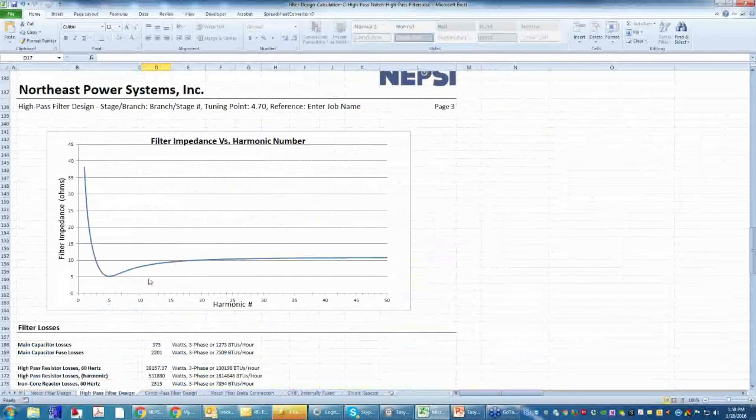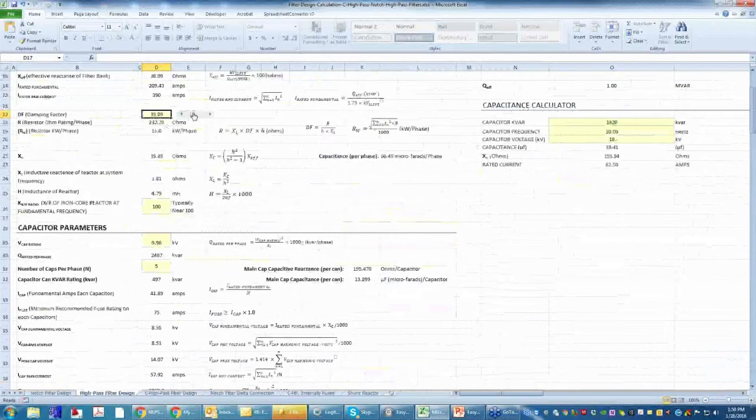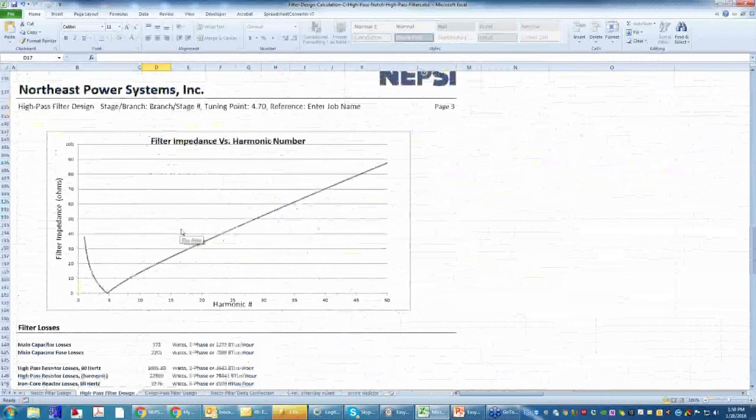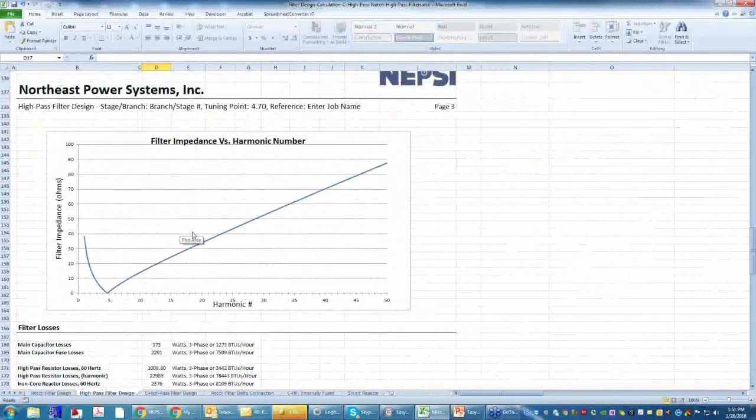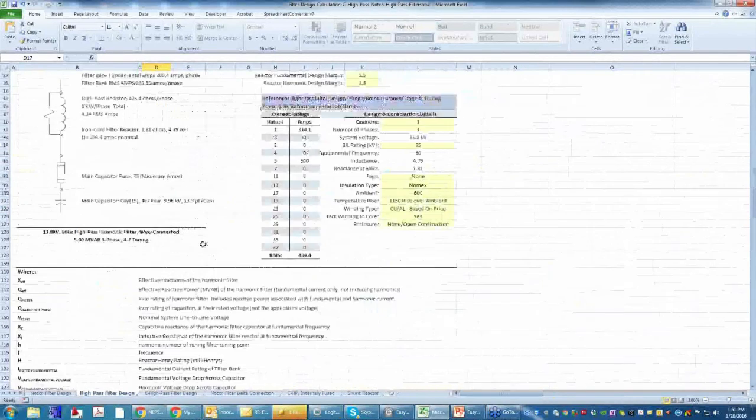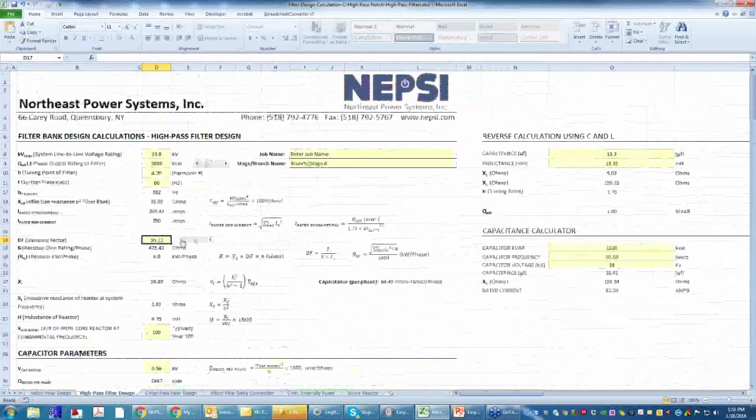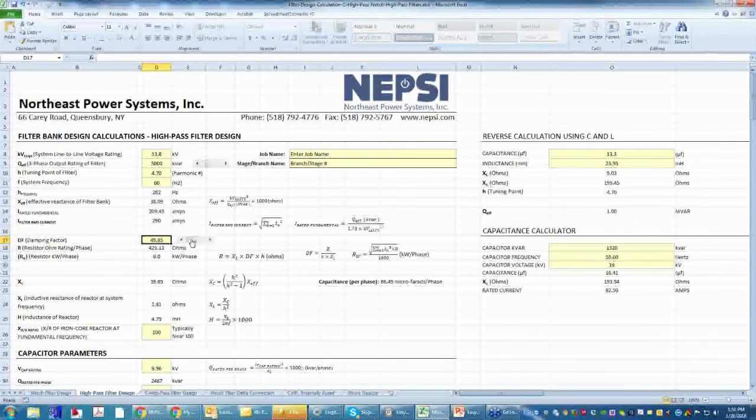I can show you what I would typically do. I would design such that my high pass filter has a shape like this at first. I could certainly change the Q so it's much steeper like this, which resembles a notch filter, and if you were to model this in EasyPower, you would not get much of an impact. So my approach is to come into this spreadsheet and scroll down the resistance value until I get something that looks somewhat like a high pass